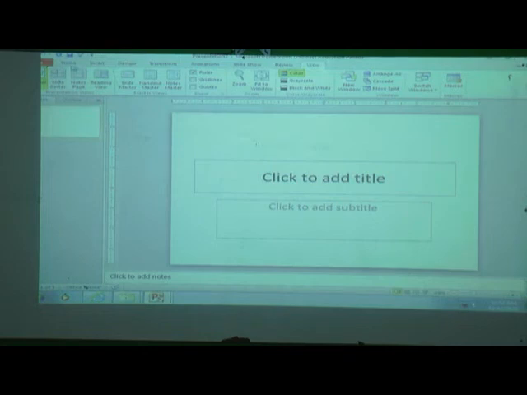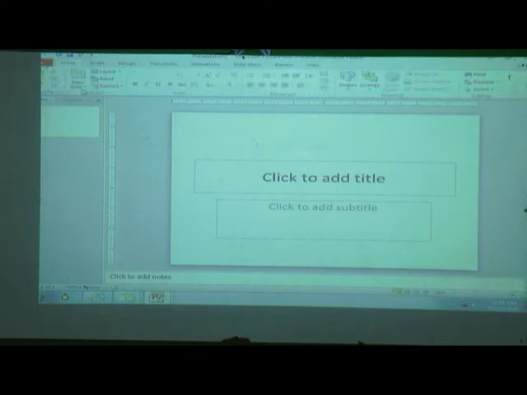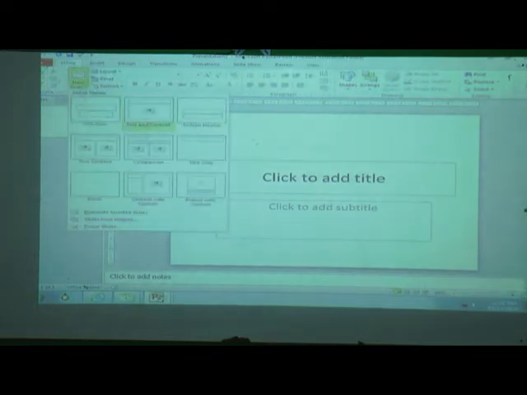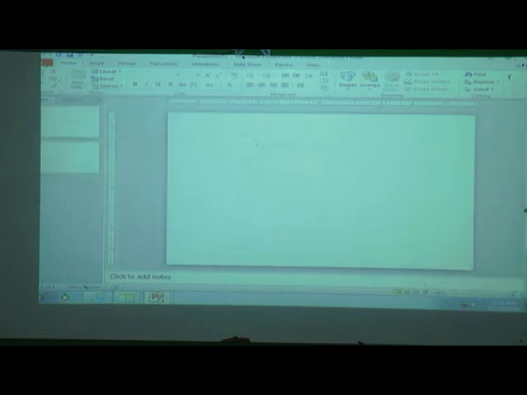You can see here Home, then New Slide. There are different slide options, and we can add a blank slide here also. Means we can add different slides in the presentation and make our own presentation.